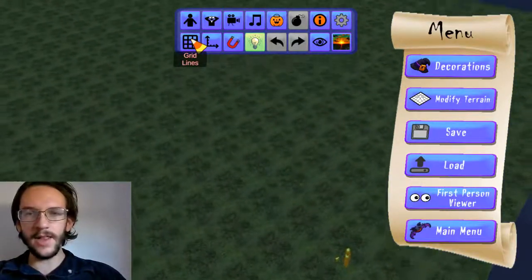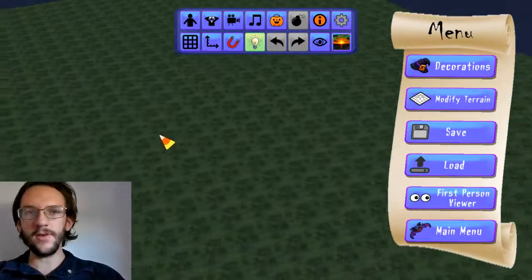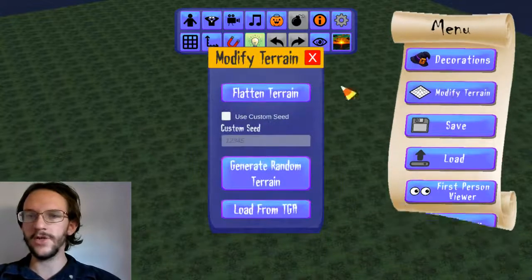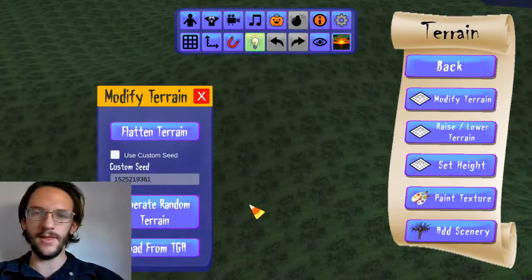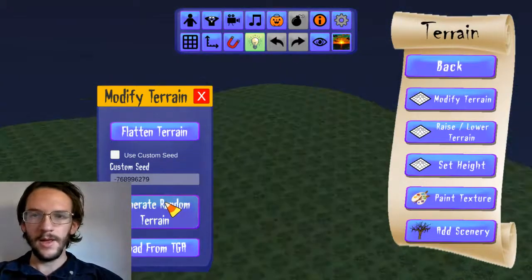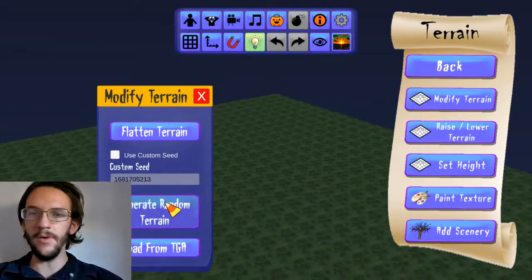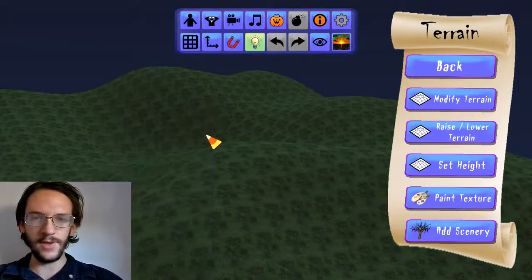So I had some ideas for what I want this sandbox to look like, and the very first thing I'm going to start with, I'm going to show the texture modifications first of all. So you can generate a random terrain like this, for example. But I'll tell you why I'm going to be using flat terrain for this example, is because if you have the terrain, let's say you have the terrain that's really hilly like this,